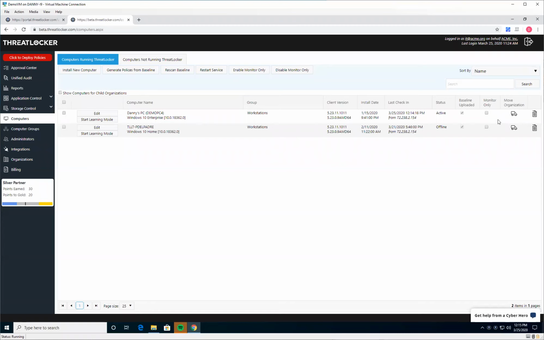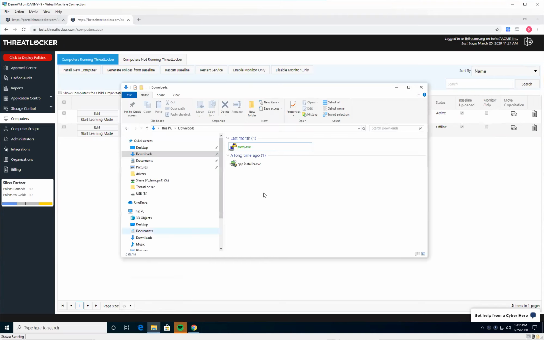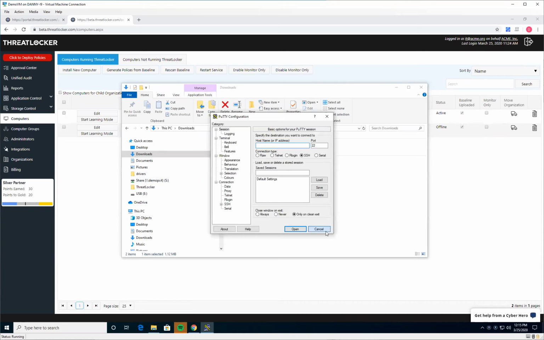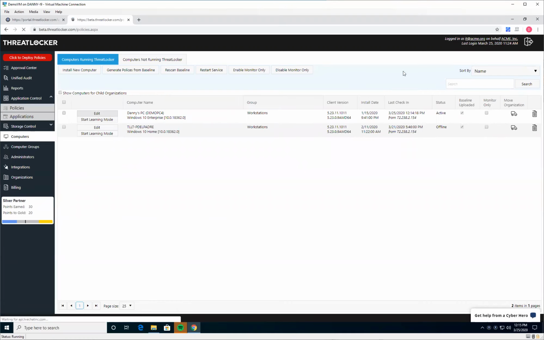The next thing is once you're happy, or once we're happy, if we're doing it for you, that there's nothing there that's being blocked that shouldn't be blocked, we'll uncheck the monitor only box. So you can uncheck the monitor only box. And now your computers are locked out. If somebody tries to run something that isn't trusted, whether it's a macro in a Word document or whether, apparently, I didn't deny putty, let me just